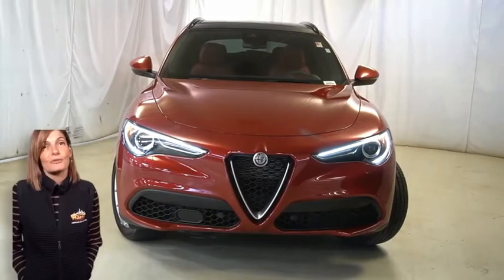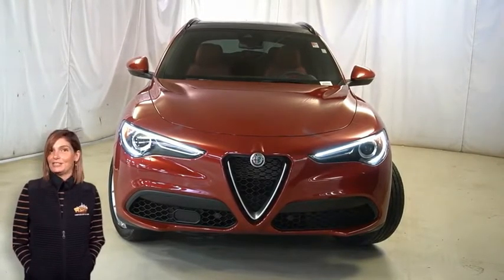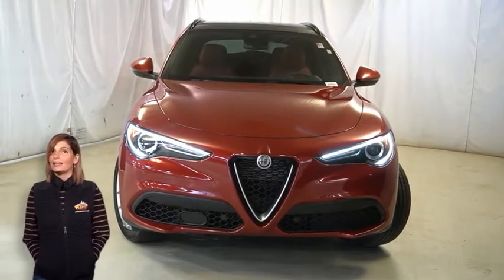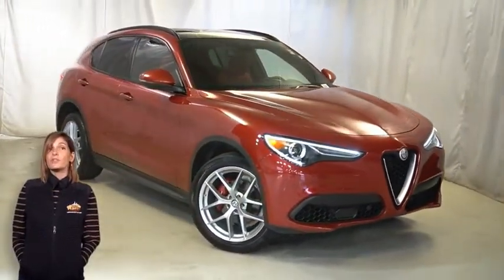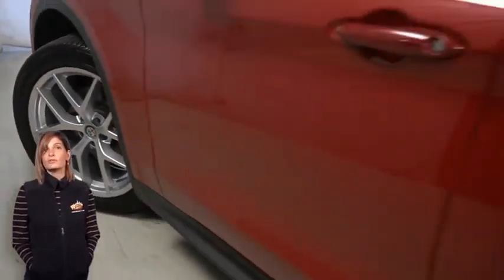Have you been looking for a performance SUV with styling that won't break the bank? Take a look at this 2019 Alfa Romeo Stelvio TI in Competition Red. With bi-xenon HID headlamps, front fog lamps, 20-inch aluminum wheels, gloss red brake calipers, adaptive cruise control with stop and